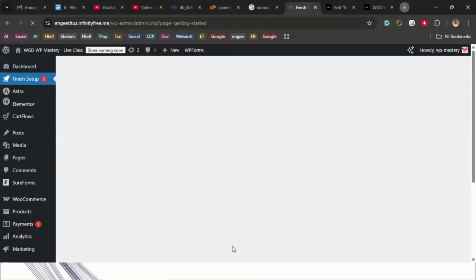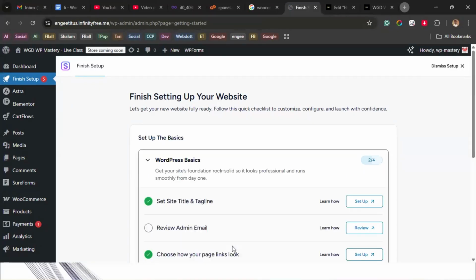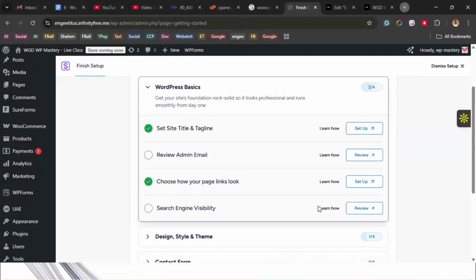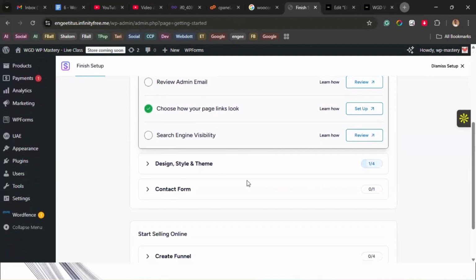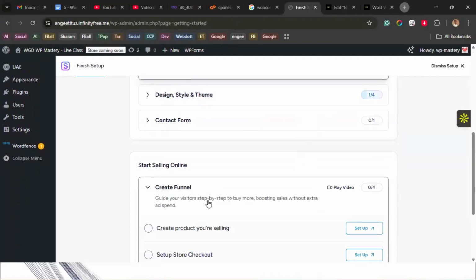So this is how you configure a particular plugin. You can do the same. This is just configuring starter templates. You can do the same for Elementor. You can do the same for WooCommerce once you start doing that. So finish setting up your website. If you want to add more functionality, search engine visibility, everything, to create a funnel, if you know how to